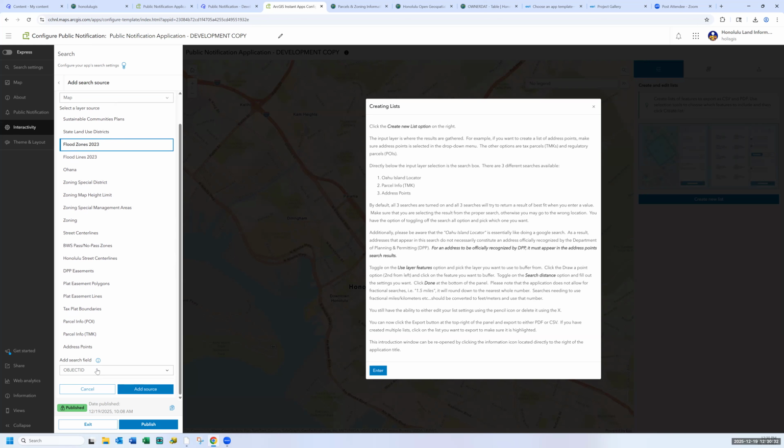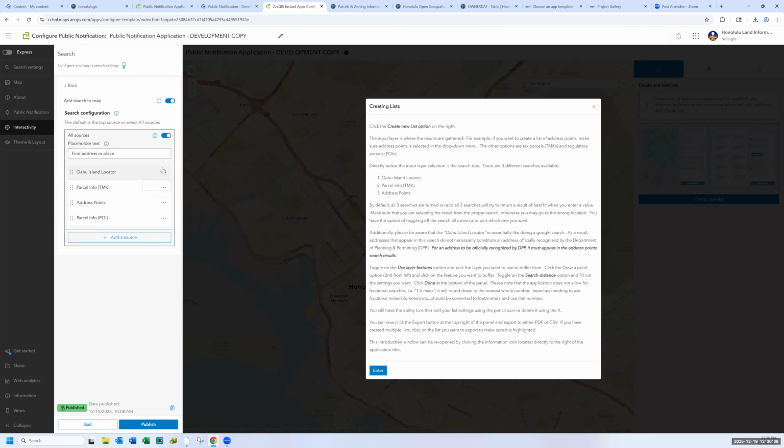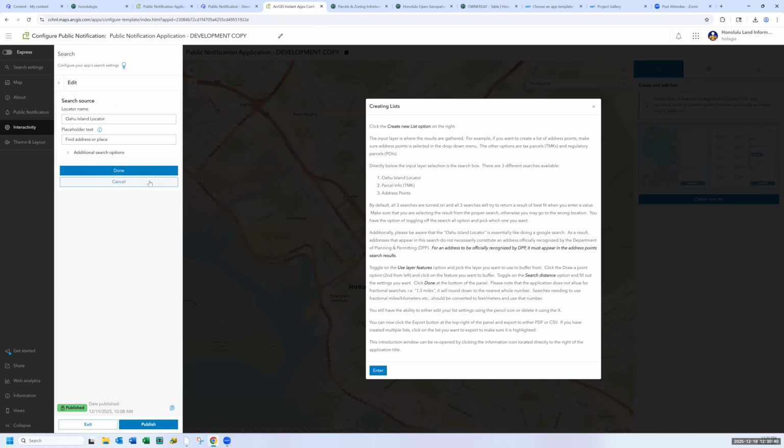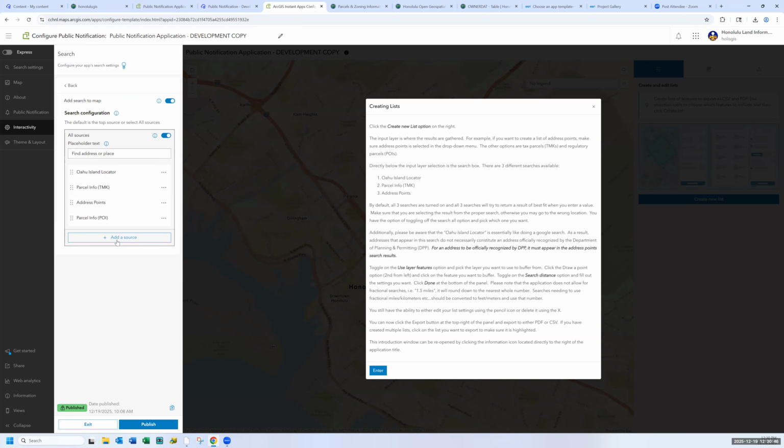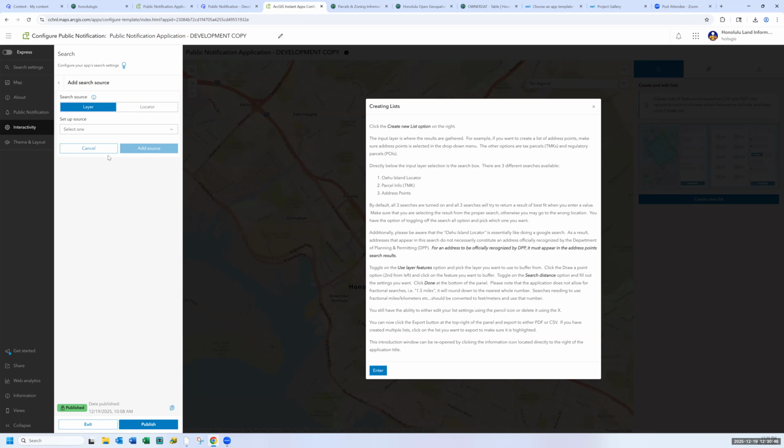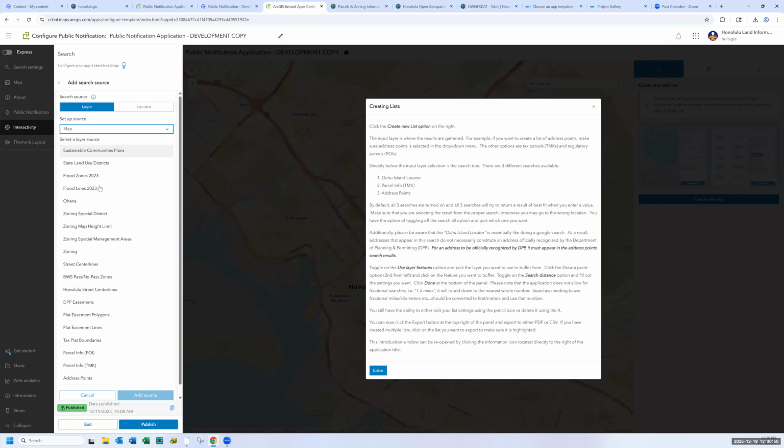For instance, for address points, I have it selected as the geocode address because that's the full number and the street name. But what I found was, I don't know, it's not behaving right now. Let's try.